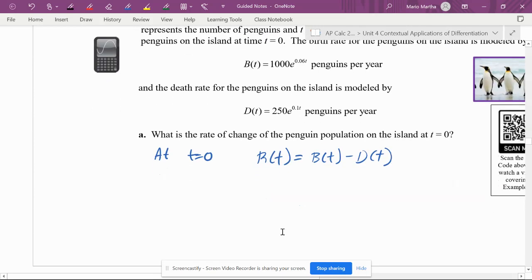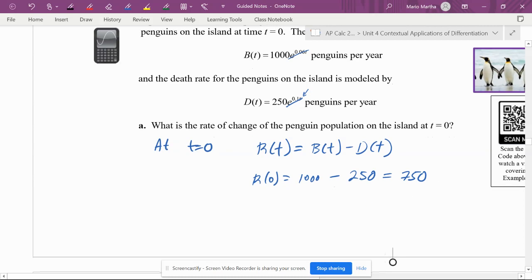You can do this in the calculator if you want, but technically, if we're doing R of 0 here and we substitute 0, this just becomes 1. So that gives us 1,000 minus, and if you substitute 0 here, this just becomes 1 again, so that's 250. That's going to be equal to 750, so 750 penguins per year. All right. Never forget the units, especially on those rate of change